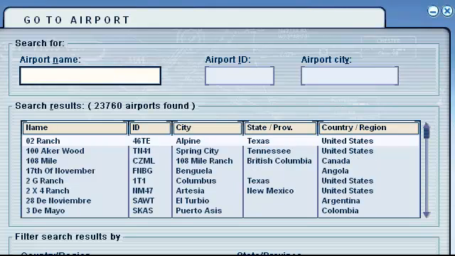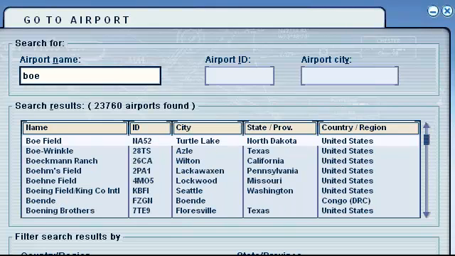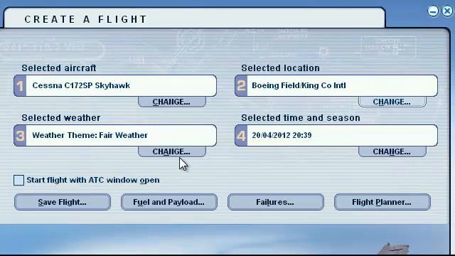Right, the airport I will be going to is actually... Let's go to the Boeing Field. I'm looking because it's a different name for X-Plane. There we go, got it. Yay. Plane, we would like...